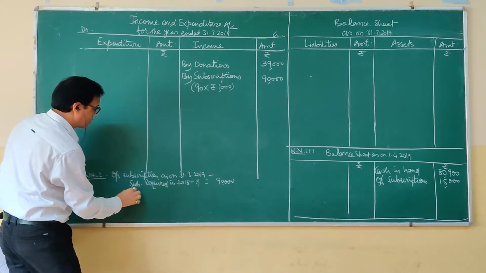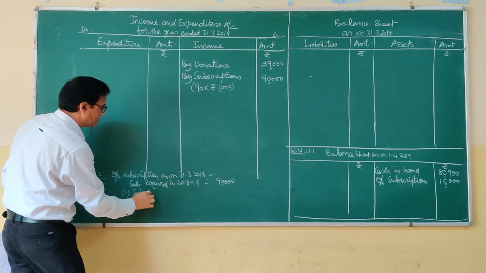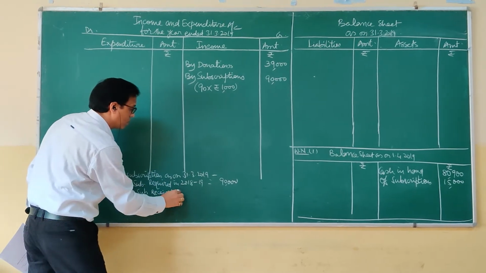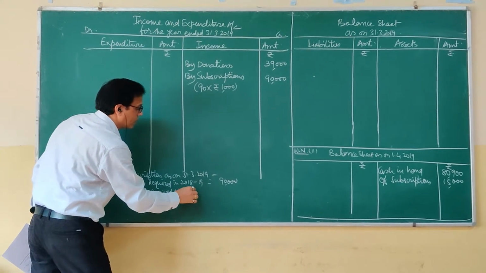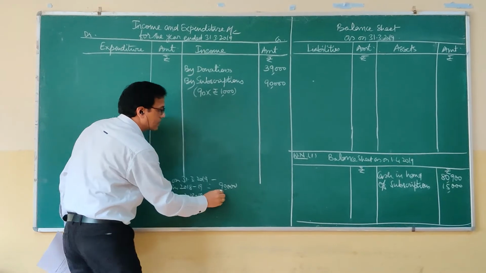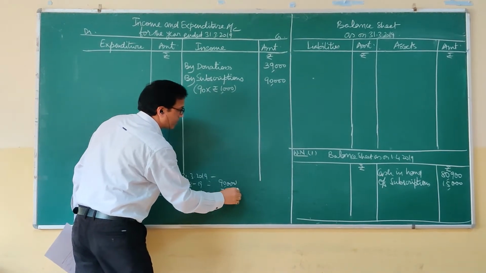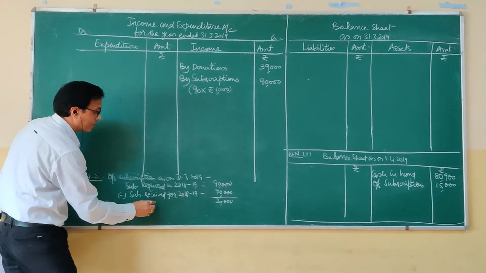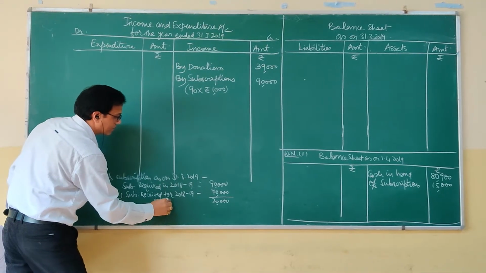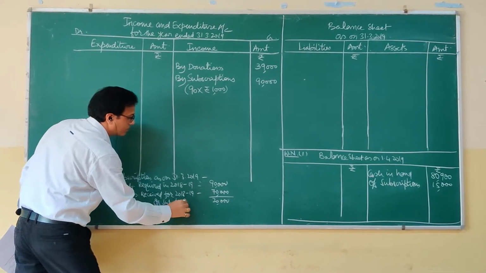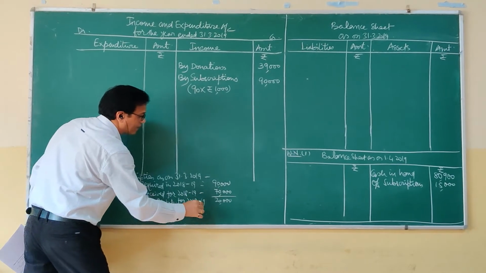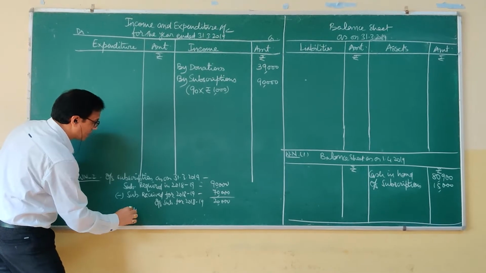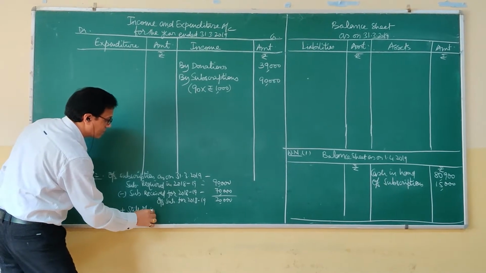Minus, out of which how much received? Subscription received for 2018-19. That is given in the question, 70,000. It means 20,000 is outstanding subscription for 2018-19. Now plus in it the still outstanding subscription of